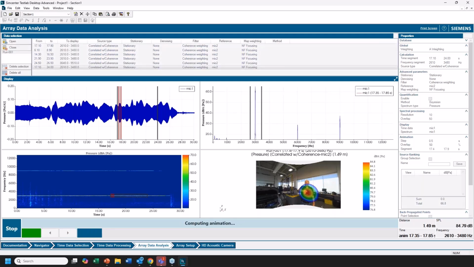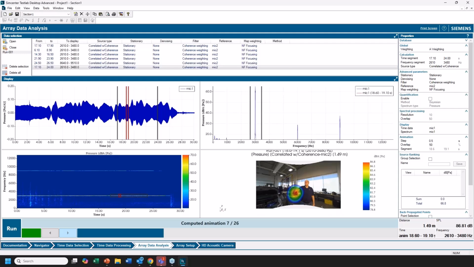And you can see that for each step I move, his hand moves to a different position in the image along with the source localization. And once they're all computed, you can just scroll through them really quick, kind of like hand animating it. Absolutely. Nice. But it's pretty cool how I can see both his arm and the noise source move in sync as I step through the data.